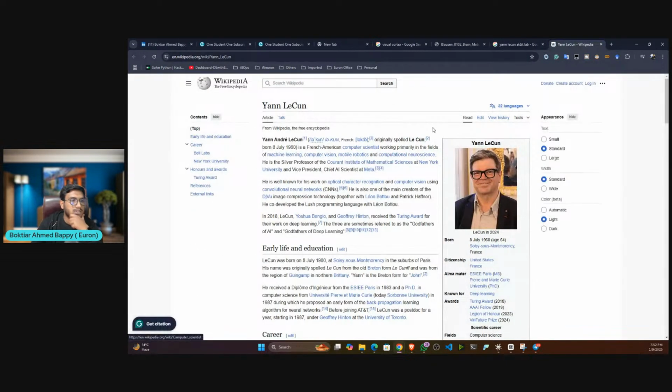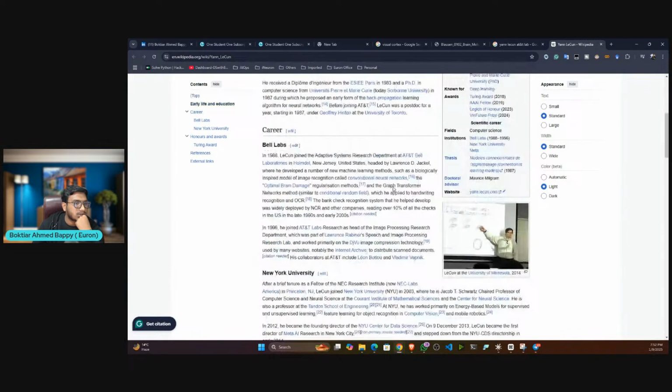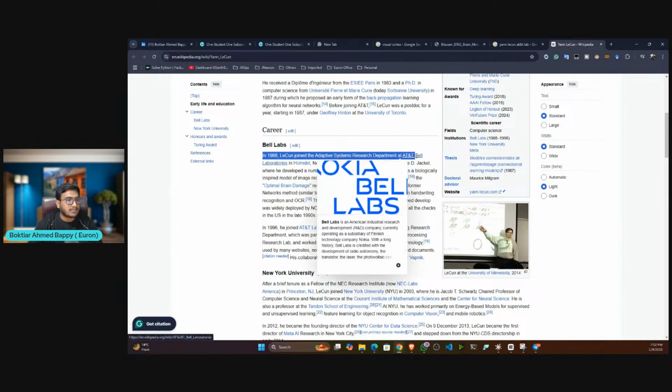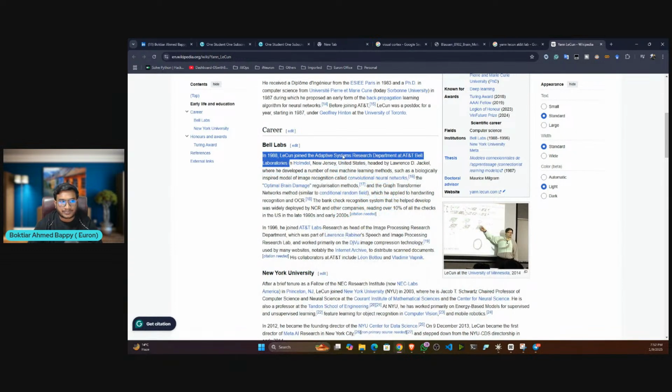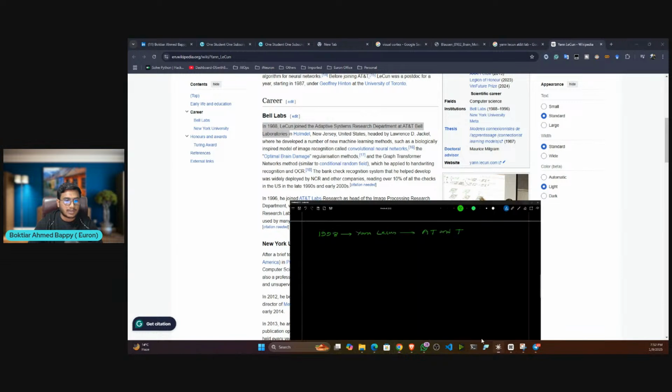Yeah, so if you search on Wikipedia, you can see that Yann LeCun used to work at AT&T Bell Labs. In 1988, Yann LeCun joined the Adaptive Systems Research Department at AT&T Bell Laboratories. You can see that. And for the first time, he introduced one CNN architecture, which was able to recognize